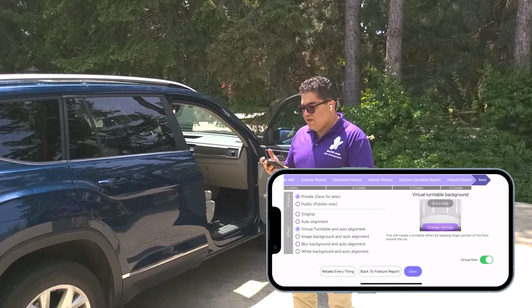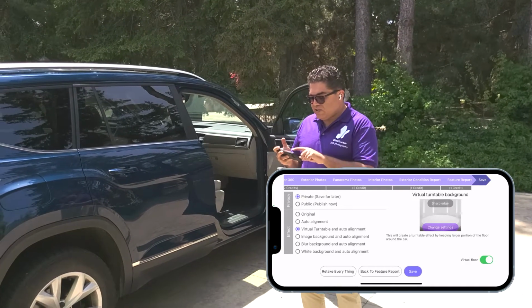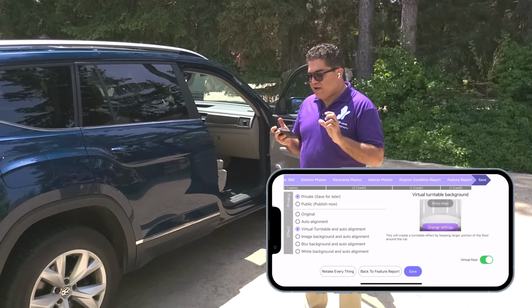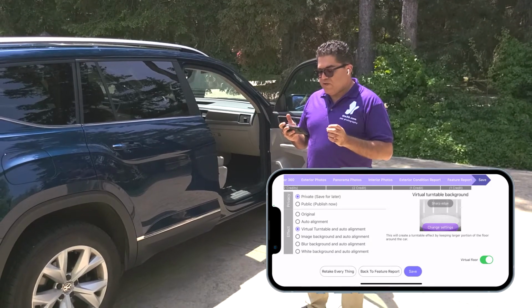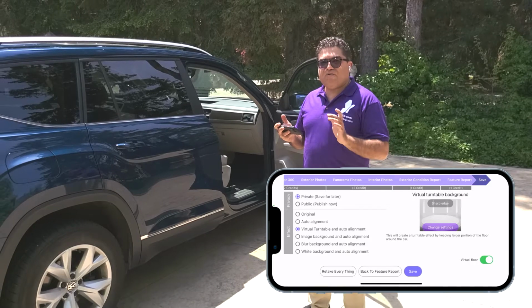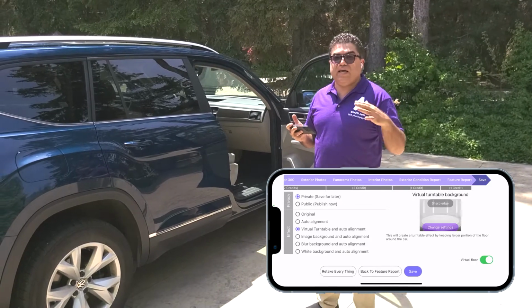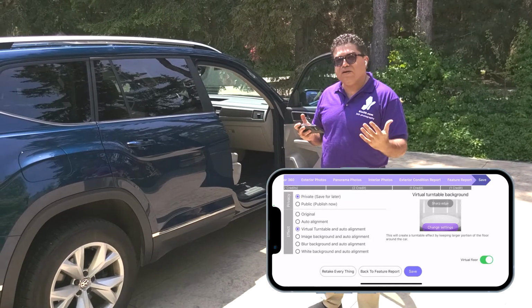and we're going to skip this part. And now we get to the last screen, which at the top shows the privacy of the photo, whether it is private or public. If it is private, it means it's not going to get synced anywhere. It's private, for you to review it,